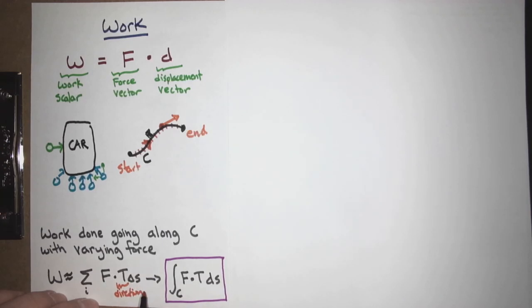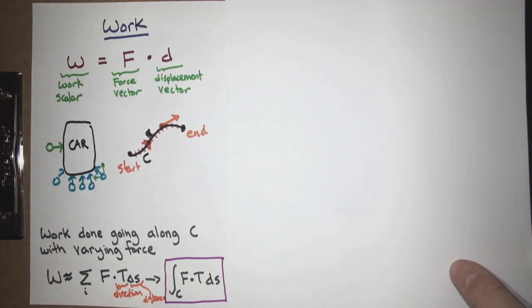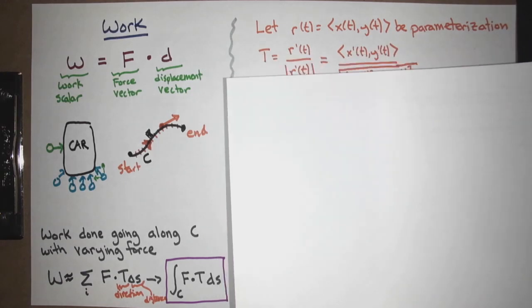What is delta s? Well, that's a small amount of distance. The direction and distance together gives the vector, the displacement for that small piece that we move. And so it's really F dot the displacement added up. Okay, so that's the work. And now we're going to talk about notation for a few minutes. All right. Not the fun part, but so